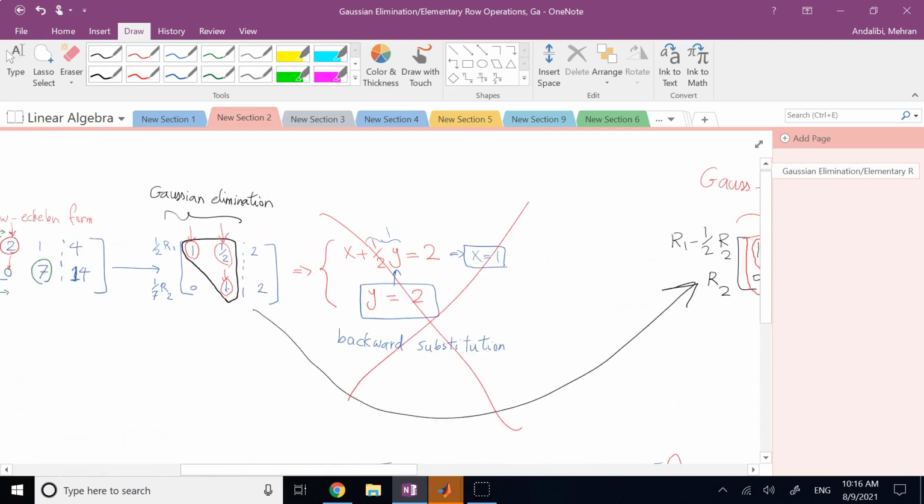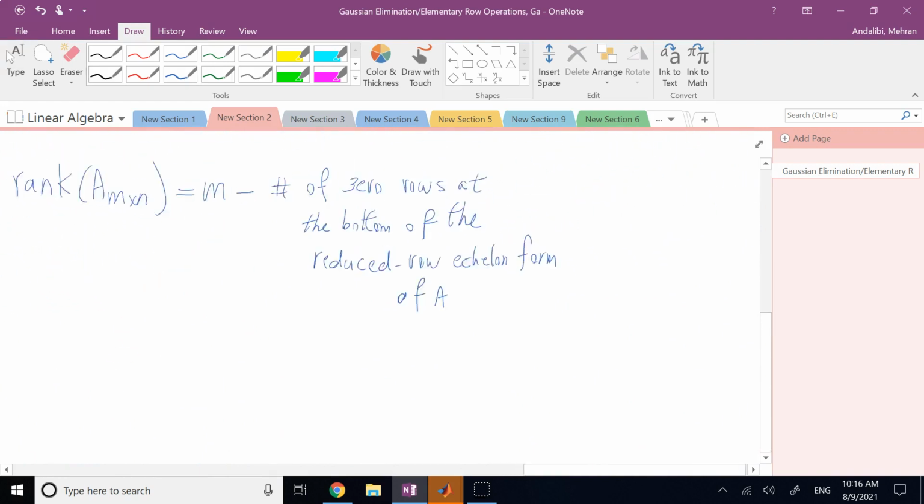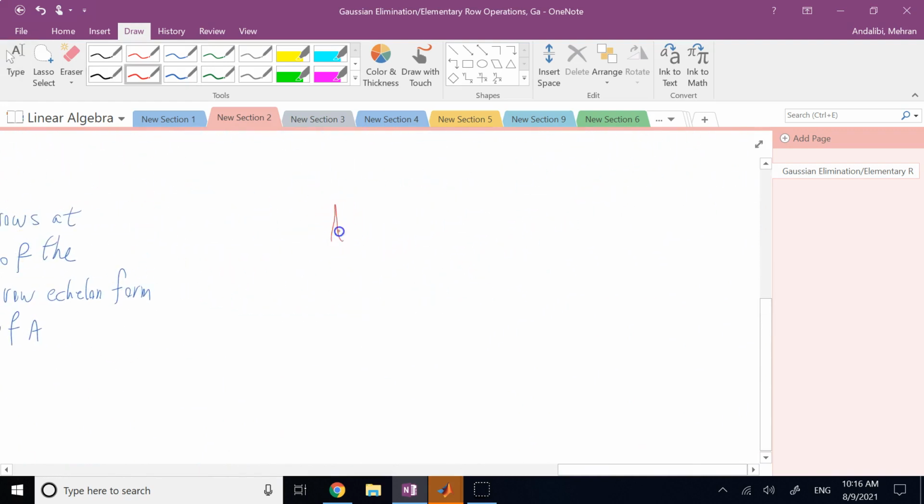If your matrix is m by n, you have a matrix with m rows and n columns, right? Between these two numbers, one of them is less than the other one, correct? So the rank of A is at most the minimum of m and n, right? The smaller number of the two, you might say it's just equal to the number of rows, assuming the number of rows is less than columns. So that's the rank of A,